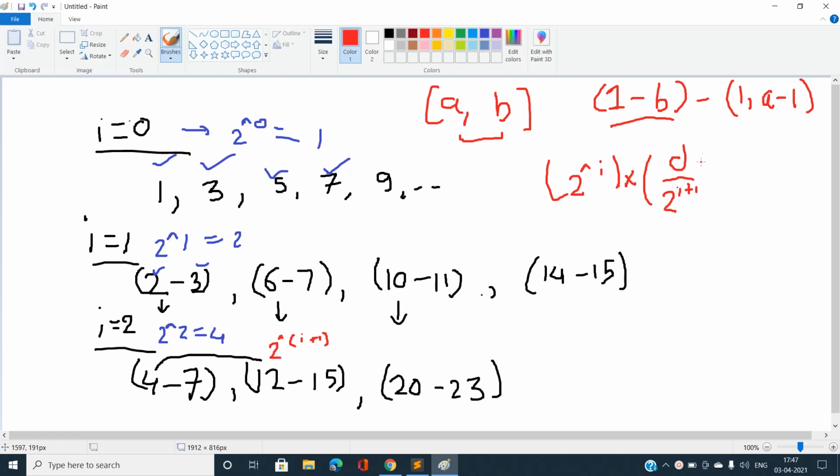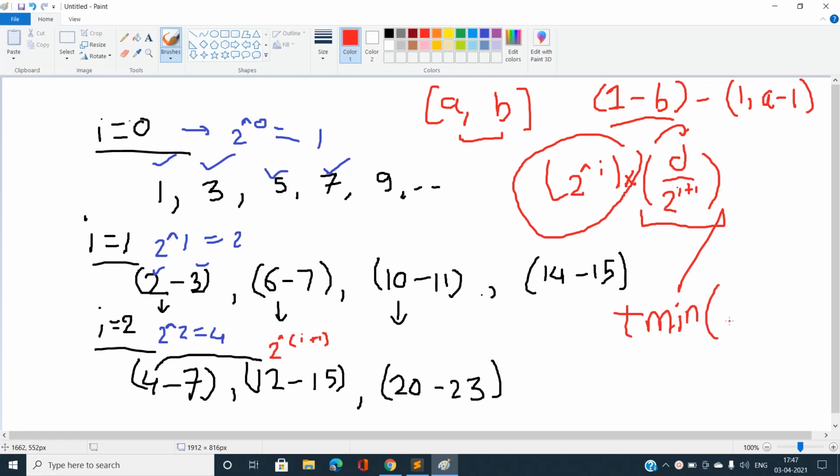First calculate this integer division and then multiply this number with this one. It would be giving the same answer, plus I need to have some modulus over here, or add some extra term, which should be the minimum of this value, that is 2 power I, and a minimum of this value. I should take the modulus, because sometimes the new term I'm going to write now is going to exceed, so I need to take it with modulus 2 power I. So I need to take the minimum of 2 power I and the distance modulus 2 power I plus 1.